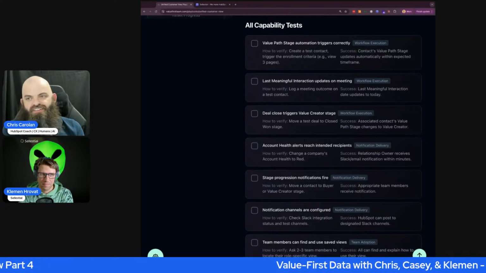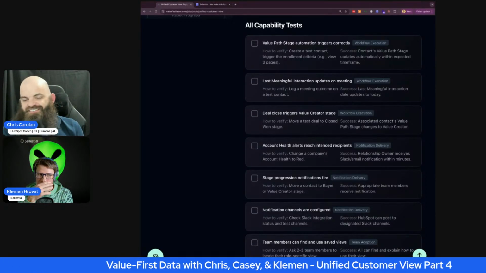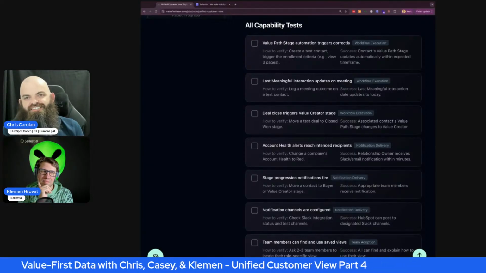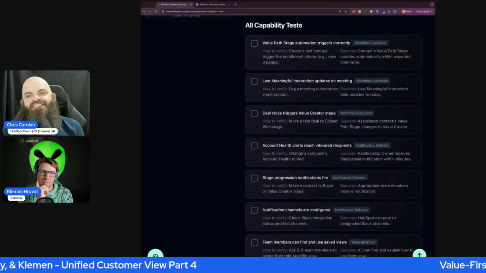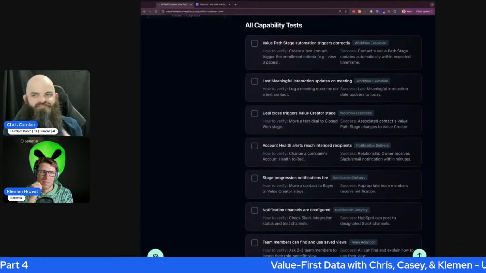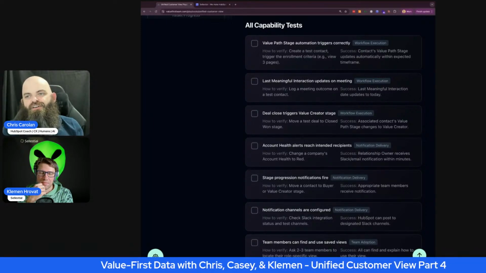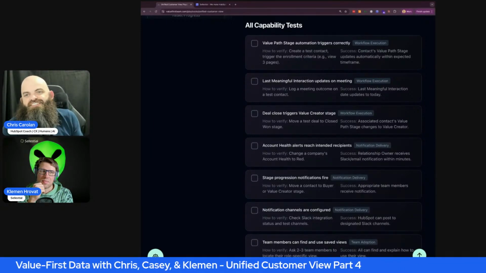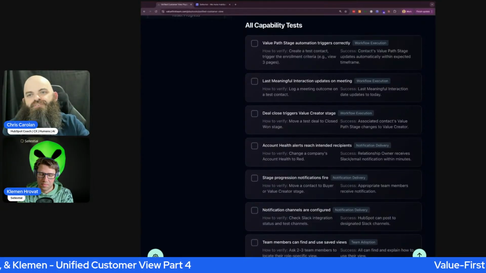People go from, man, these association labels are so tedious, do I really have to do every one, to, yeah, this one was out, I noticed it, so I fixed it. People who usually aren't asked to maintain systems in this way, because it's so easy, and it's wrong to look at it with it not being right.